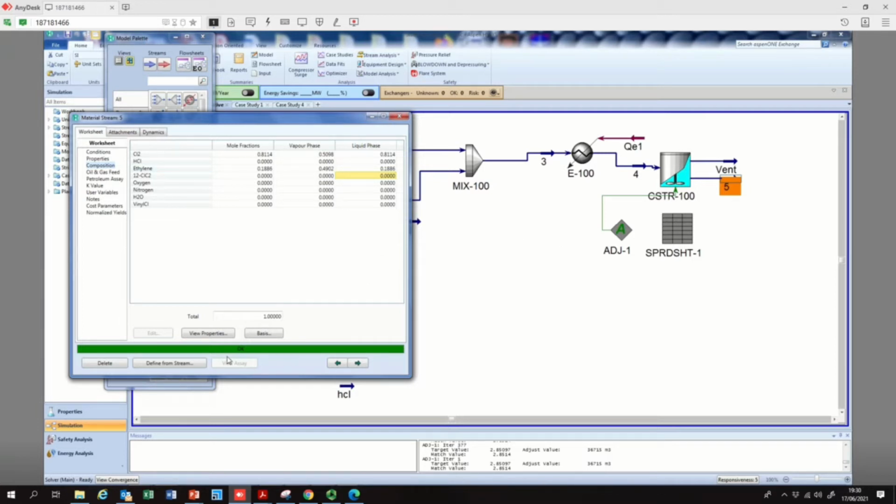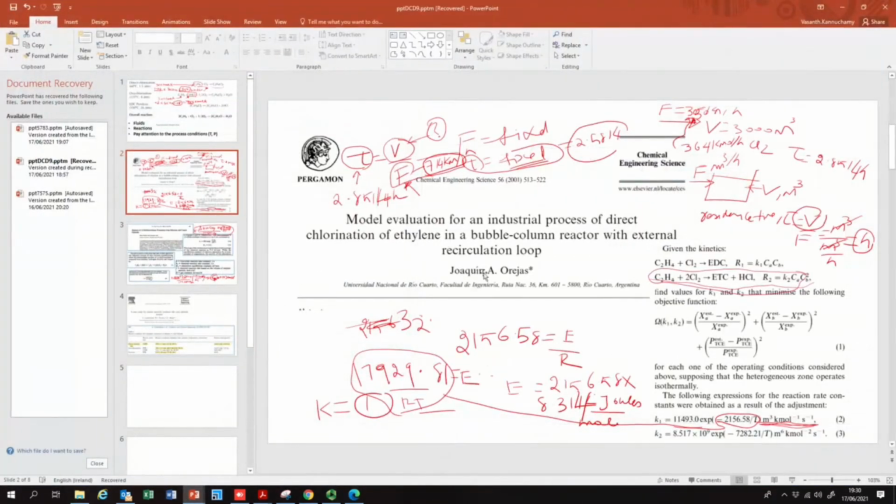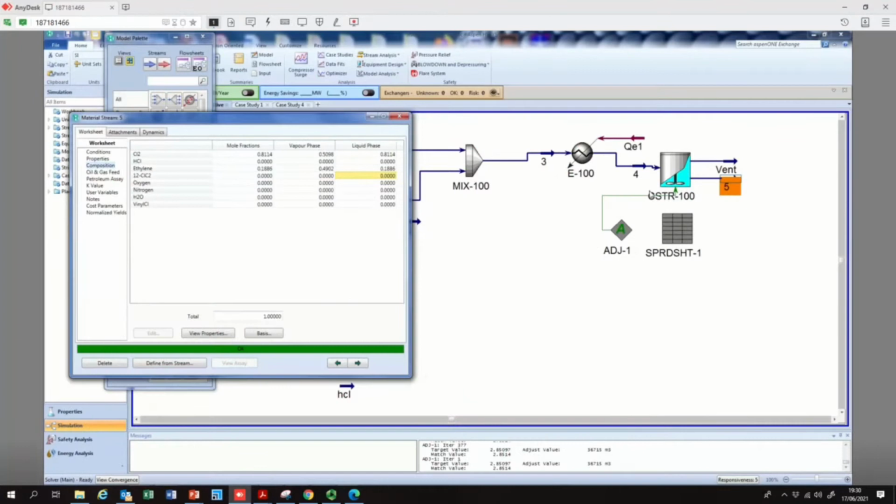I went to the original research article. Anyway, I copy pasted it here for you, published by Orejas, and that's the rate expression. These are the values we exactly used, and for some reason it's not working. So what we are going to do is, this is something you learned at the moment, how to add a CSTR tank, how to adjust the residence time, and so on. But since this is not working for us,